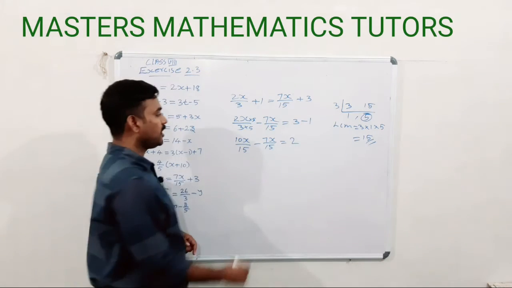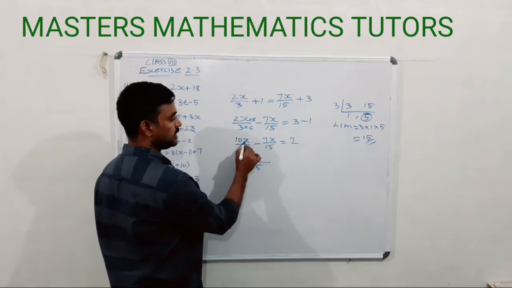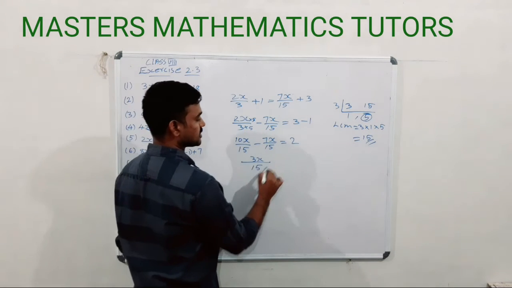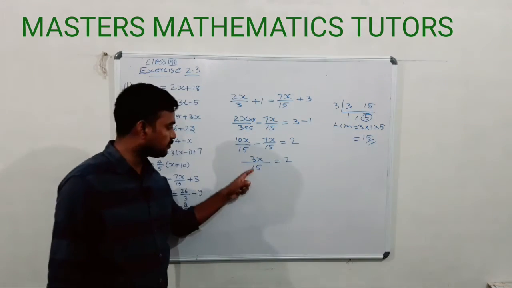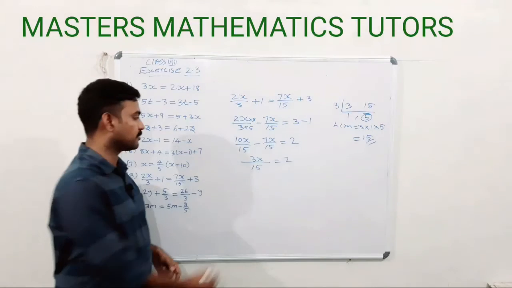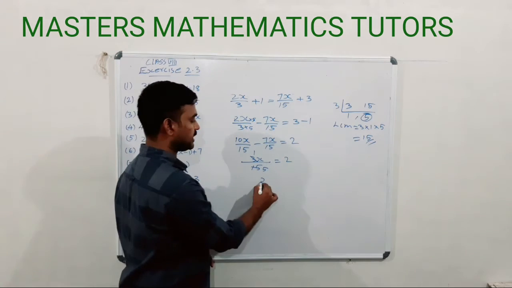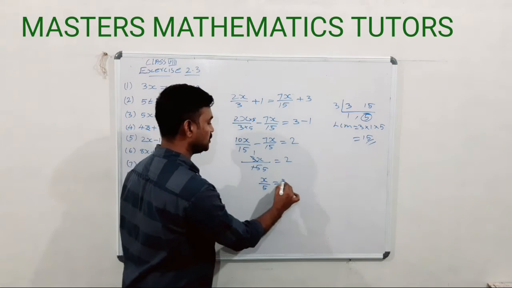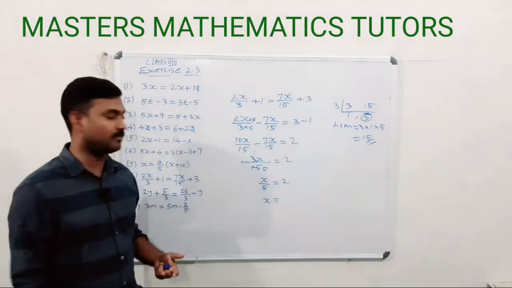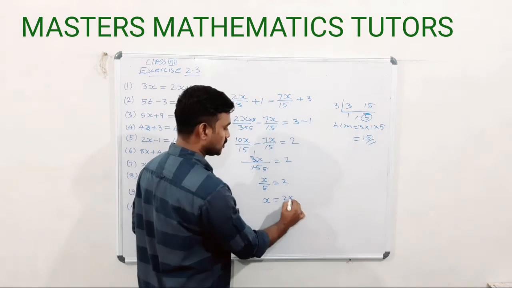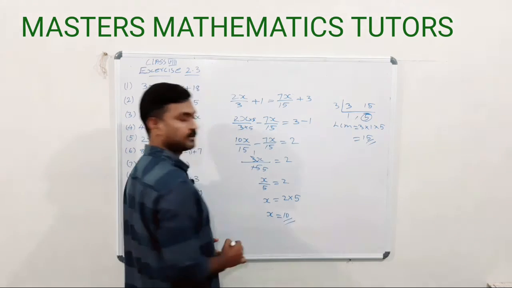Okay. Now the same denominator is there, so we can write the same denominator 15. 10x minus 7x is equal to 3x. So 3x by 15 is equal to 2. Just listen here. Here 3 and 15 is common. So we can cancel 3 one time, 15 five times. So we get x by 5 is equal to 2. And x is equal to this 5 transposed to the right side. What will we get? 5 into 2. So our answer is that x is equal to 10. Okay.